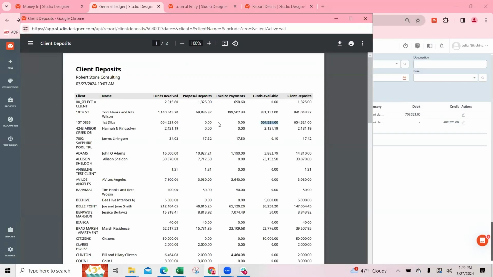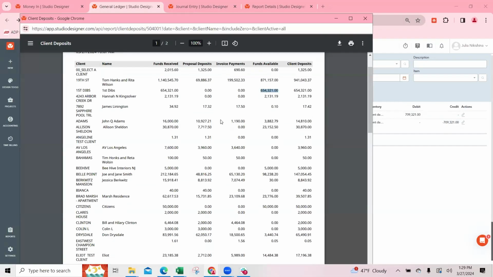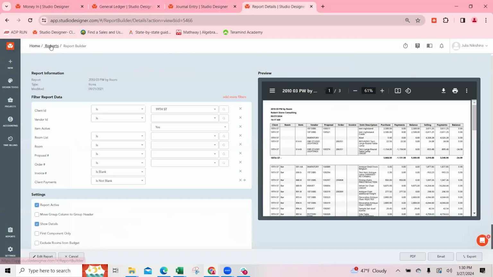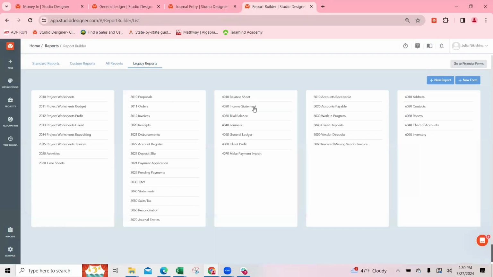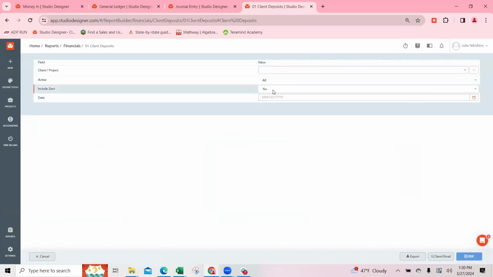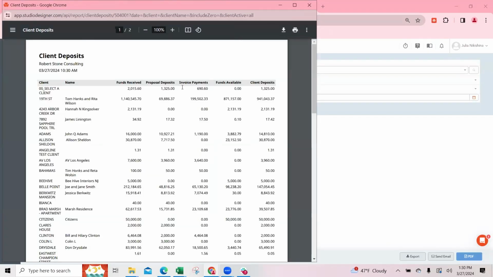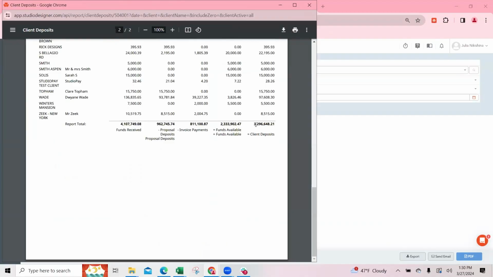So because I was looking now at the client deposit detail and I noticed, right, that I'm overstated, I corrected something. I was able to relieve client deposit of now 700,000. And I recognize that as revenue because it really was. First Dibs sent me this giant commission check and it was incorrectly recorded. And so I was able to fix that. Hold on, let me get rid of my zeros. PDF. And so if you notice, First Dibs is now gone and my balance went down. It is now 3.3